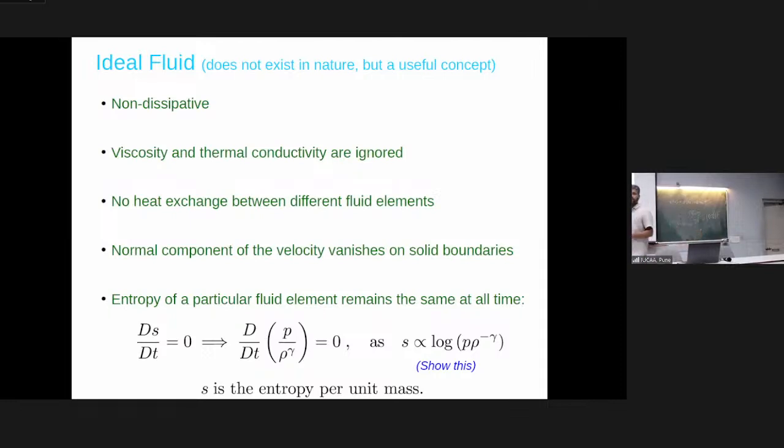What is it? That it is non-dissipative. Why is it non-dissipative? Because it does not exchange any energy with surroundings. So I can define a fluid element. There are other fluid elements, right? That is how we are speaking. I push a fluid element here. That push is transferred to another fluid element, and that is transferred to another fluid element, and that is how the waves are generated. In doing so, if it is an ideal fluid, there is no exchange between different fluid elements. Exchange meaning no mass exchange, no heat exchange, between different fluids.